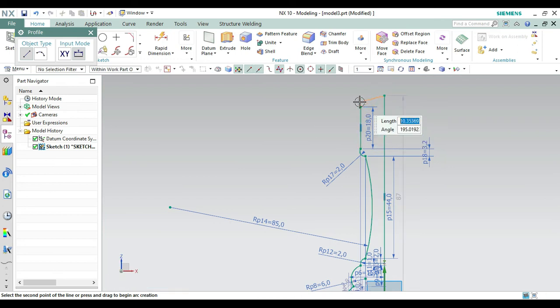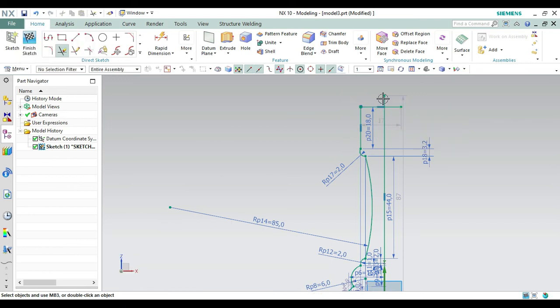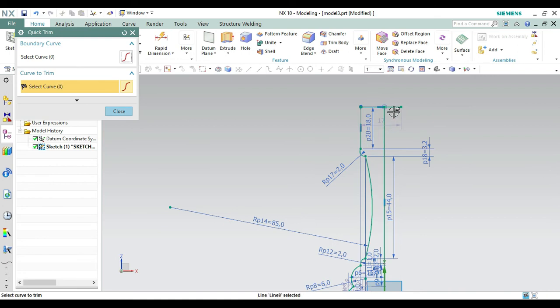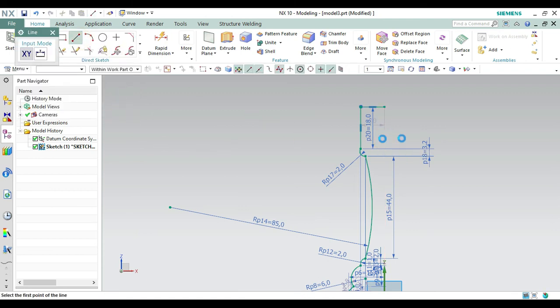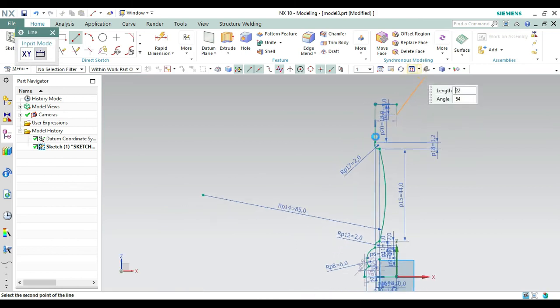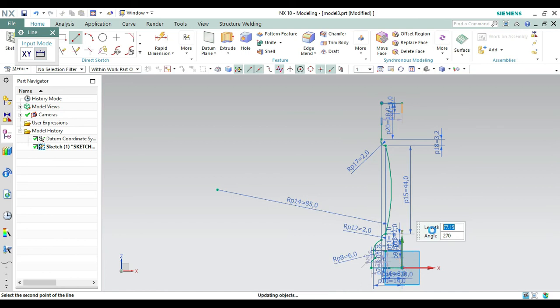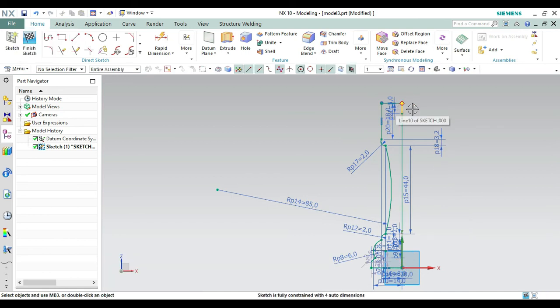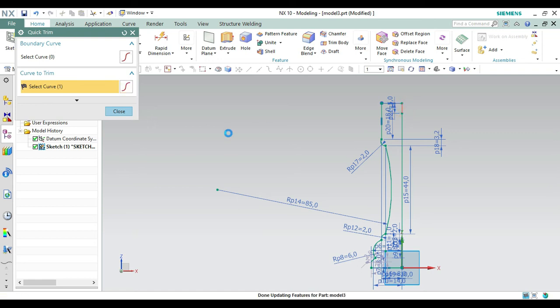Okay, now what we have to do is to make this point and this line like this one. Now we have to trim the extra portion like this one, and then also trim this one. Let's check how much we have to trim. We have to trim this line also, because we have to get a line for making the reference line we are creating. So from here go to 5, make it to 5, and then select this point and make it fit, and then join these 2 points, because we have to delete the first line. Okay, so from here taking trim, let's trim out this line.